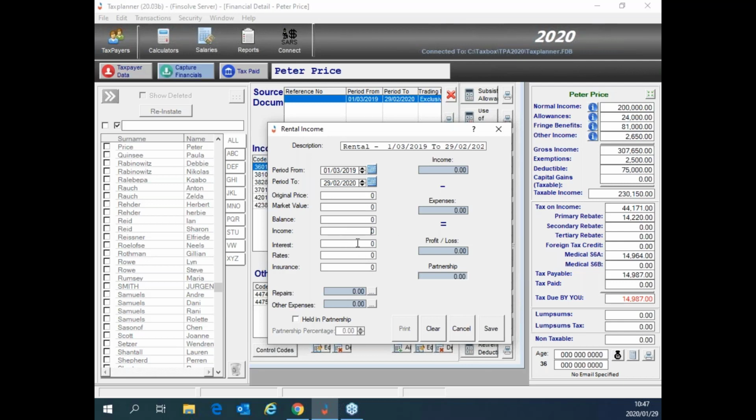information anyway. The income that you received, I mentioned, is 24,000 Rand for the specific year. The interest that you paid on the bond amounted to, let's say, 10,000 Rand. So you will see automatically the profit and loss will decrease to 14,000. Rates and taxes is 1,000 Rand. Insurance is 1,000 Rand. And then repairs and other